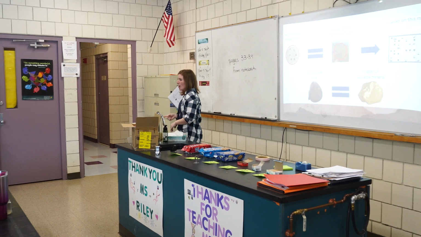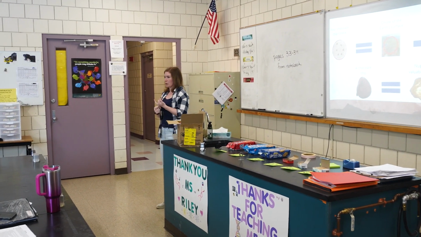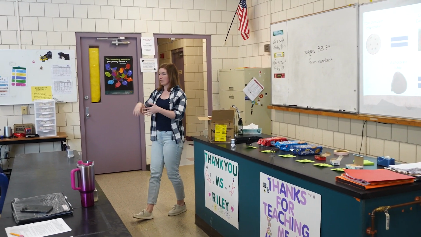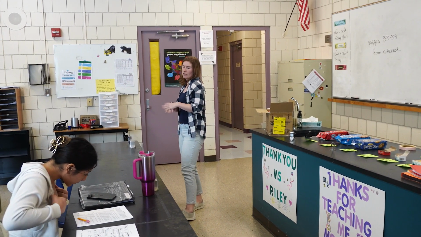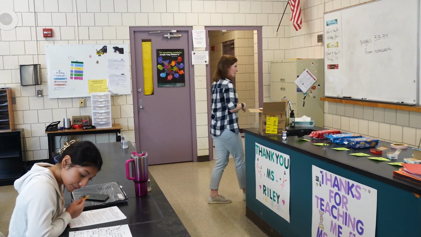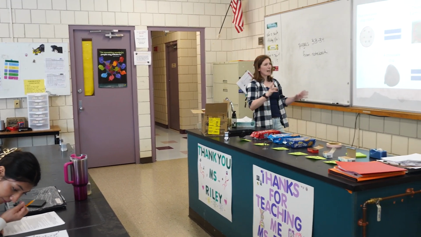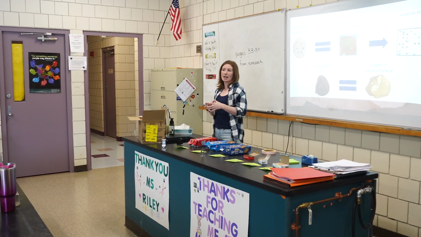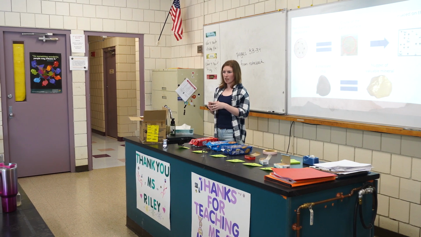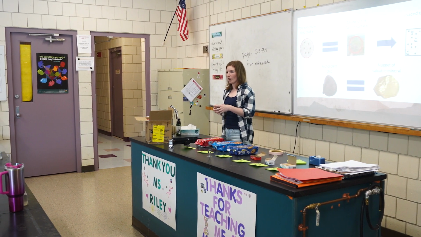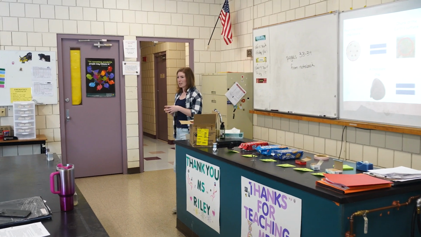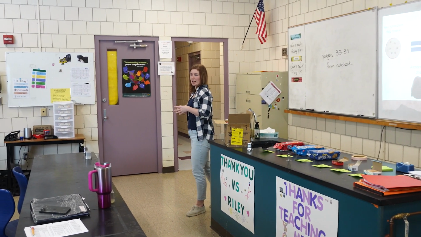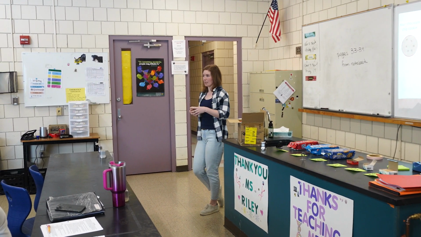So on your map, you'll see there's water droplets that represent a river. You're going to see trees. You're going to see deer. You're going to see soil. You're going to see these vistas, which are just supposed to be for aesthetics. And so you're going to have to decide where your mining operation is going to take place. You're going to have to place your cookie somewhere on that grid, and that is where your mine is going to be. So you should consider how much of the land you are disrupting